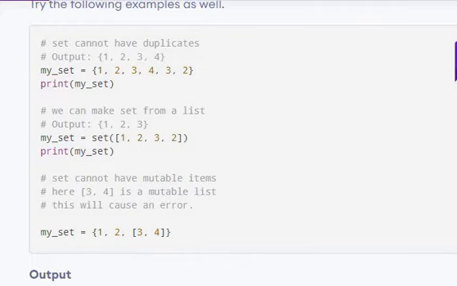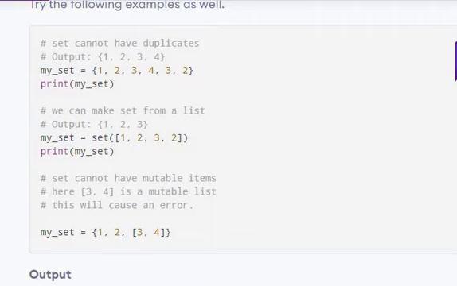We can create a set from a list. A list is placed within square brackets. Look at the example. We used the set function here to create a set from a list. And look at another example: 1, 2 and [3, 4] placed within square brackets. A set cannot have mutable items. [3, 4] is a mutable list.